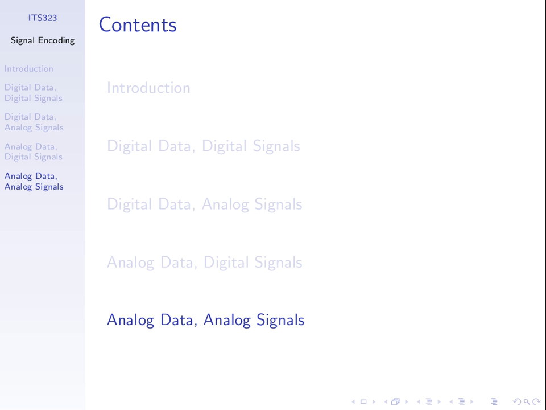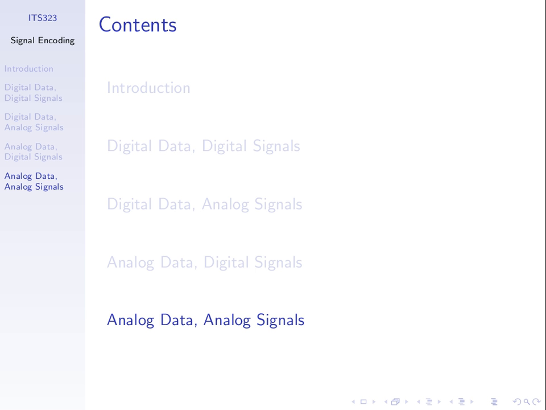Last approach. How do we transmit our analog data using analog signals? Come back to our audio system. I'm talking, that's our analog data as an input. The microphone picks that up and sends some electrical signal to the wireless transmitter, which actually sends analog signals to the receiver, which also sends analog through to the amplifier. It's an analog amplifier, and up to the speakers and analog to your ears. So that's an example of the original. We can think of the analog data as input, transmitted as analog signals. In that example,